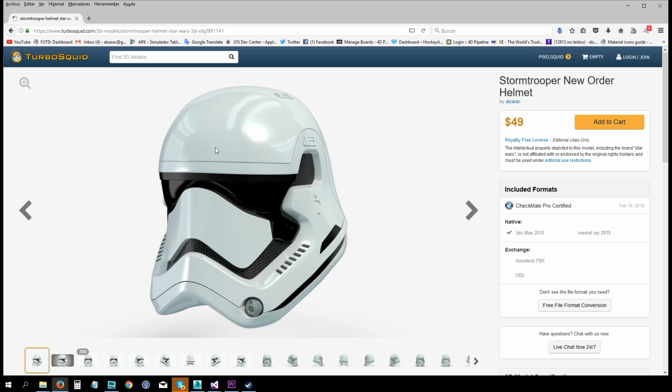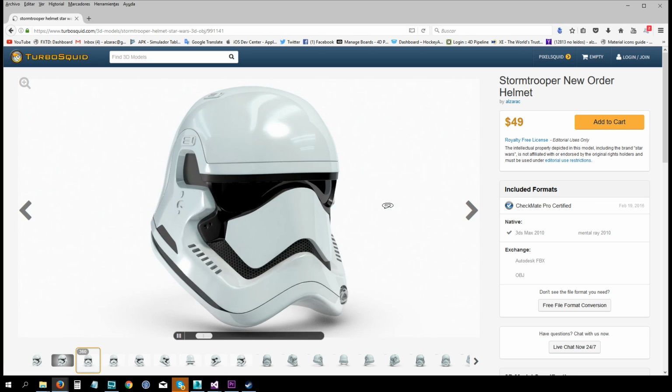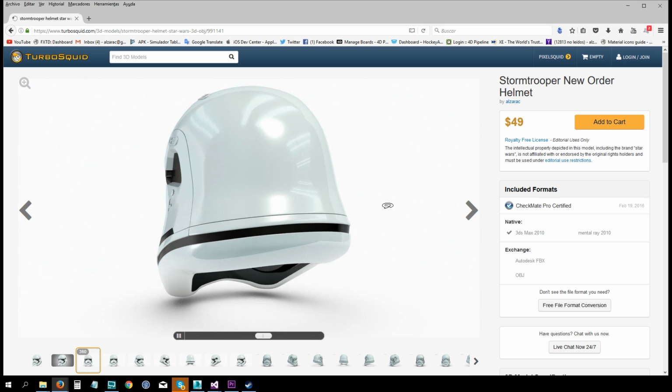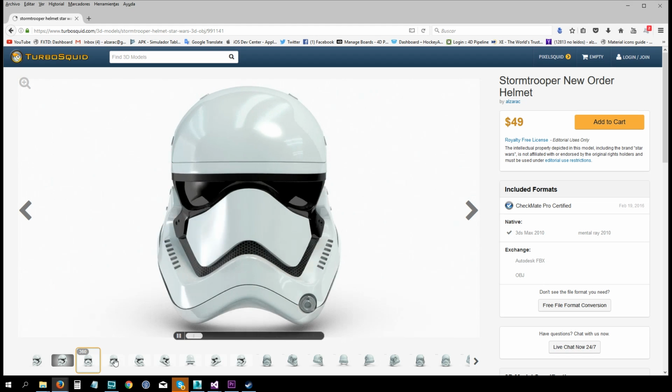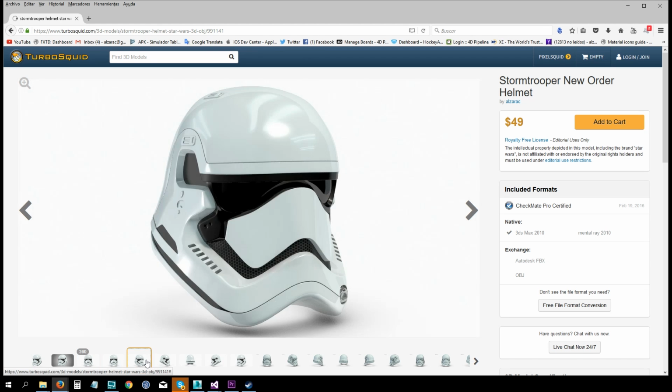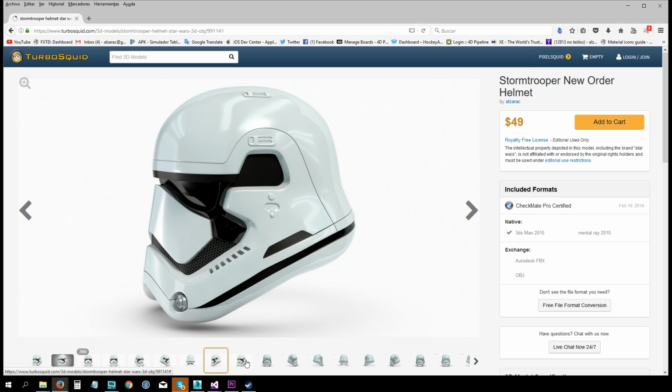So this is the final model. The amount of detail you can see here is not included in the tutorial, because this is the final model. This is the model I am selling inside Turbo Squid. So there are a lot of additional details that I have created for this particular model. But what I want to show you is that this helmet you can see here was part of this original tutorial you saw in the video before, because I used this model, I created it for the tutorial, and I